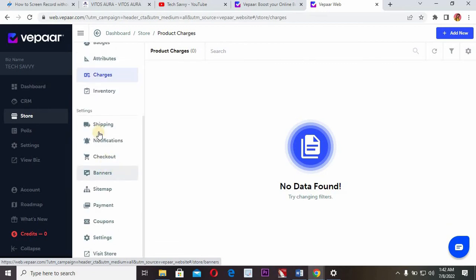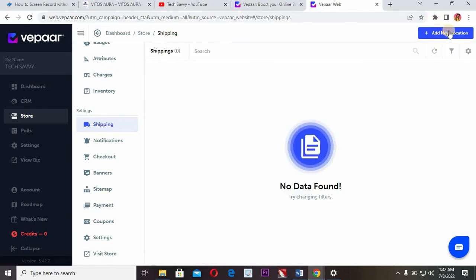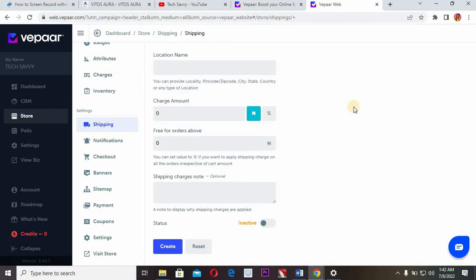The next thing you want to do is the shipping, okay? So you come here to click on shipping, and then you see add new location. Where are the places that you actually ship to? What are the amounts you charge for these particular areas, okay? So let's say for someone like me, I ship to Lagos, okay? And the amount I charge for Lagos is 2,000 naira. Free shipping for orders above, so let's say you want to do free shipping for orders above 50,000, okay? And then the shipping charges note, okay? You can say